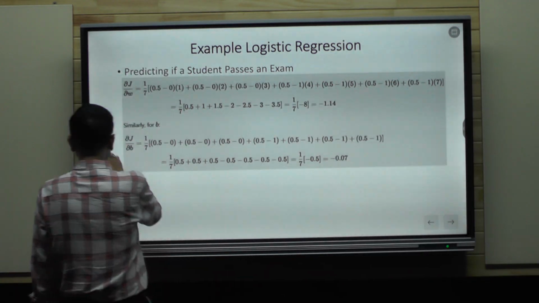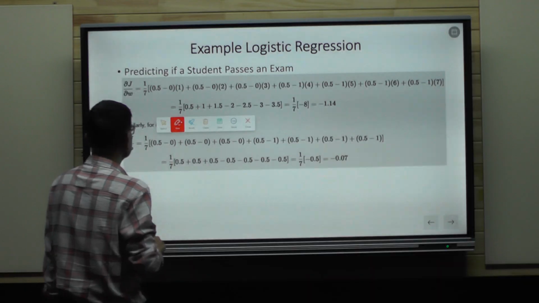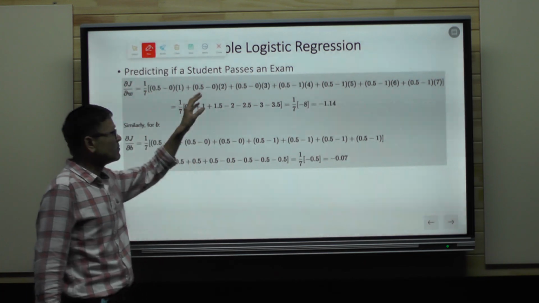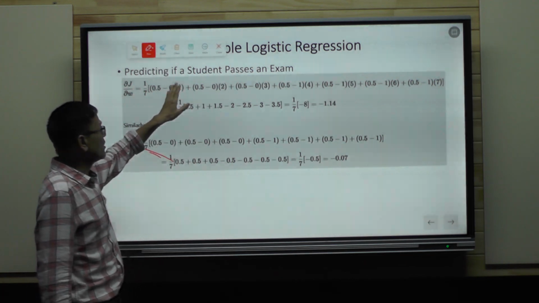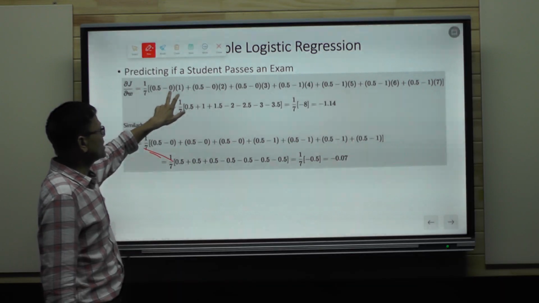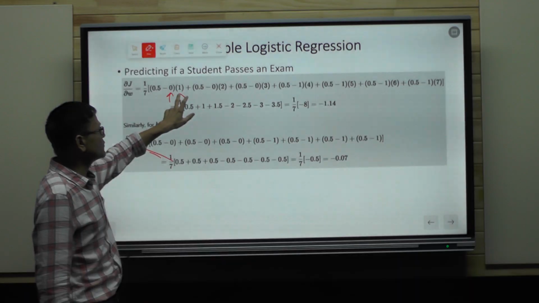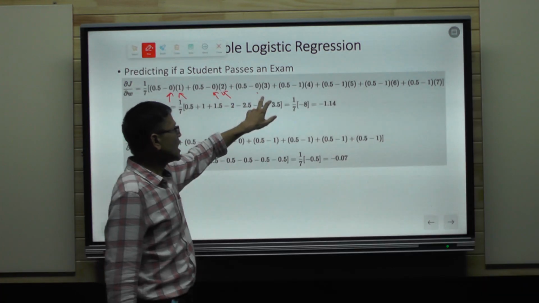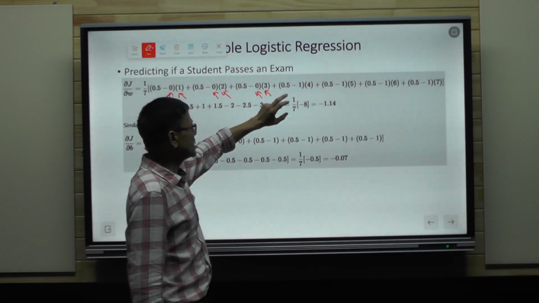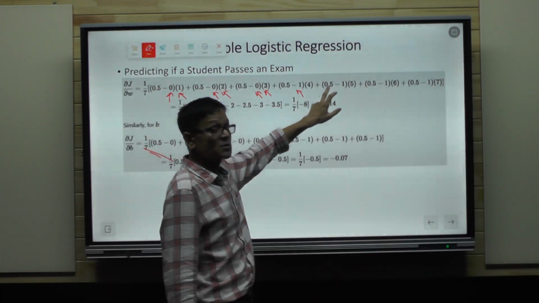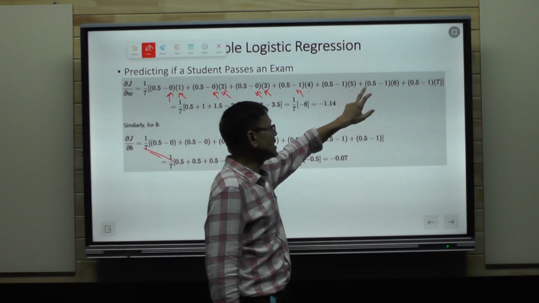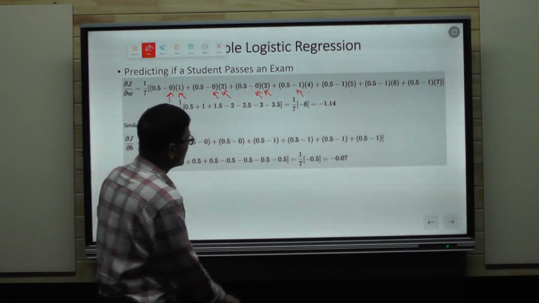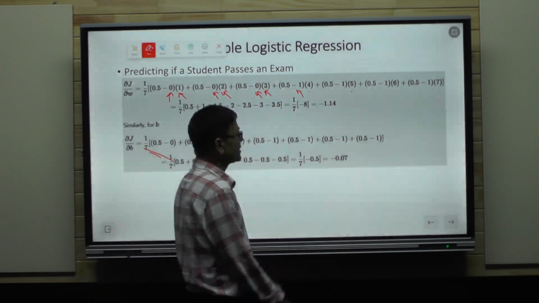So we'll expand this. You remember the data set? It says 0.5 minus 0. That's the first value available from our data set. The output is 0 when the student studies for 1 hour. 0.5 minus output 0 when the student studies for 2 hours. Output is 0 when the student studies for 3 hours, and output is 1, that is the student passes, when he studies for 4 hours, 5 hours, 6 hours and 7 hours. So if you do the calculations, it all sums up to 1 upon 7 divided by minus 8, and it becomes minus